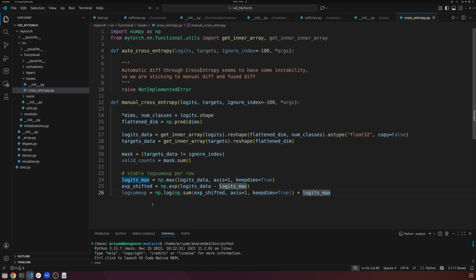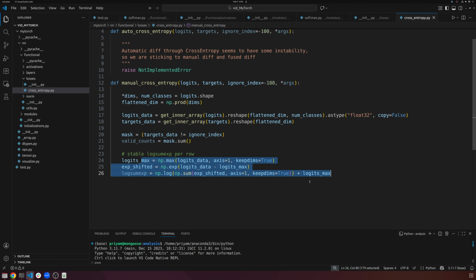The exponentiation got removed once we logged it, and so we're adding it back to shift the data back. So this is just a stable way of doing log sum exp, exactly like how we did it before. This is again implemented in that autograd list transformer where we do exactly this, nothing different. Now that we have that, what we have here is the log sum exp of every single class for every single sample. So now what we need is the negative log likelihood